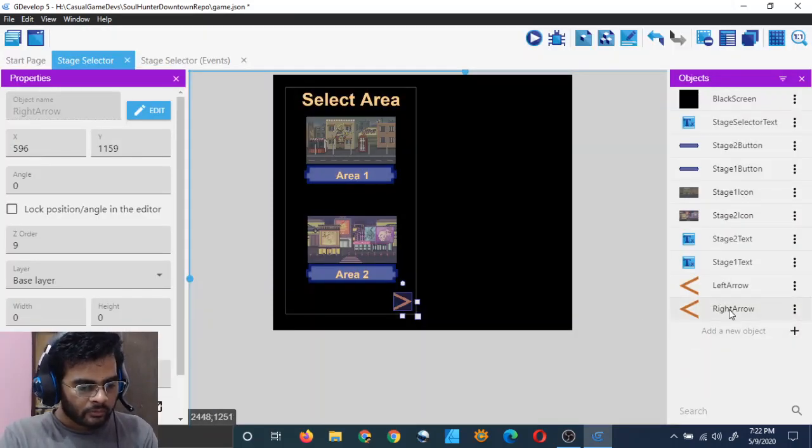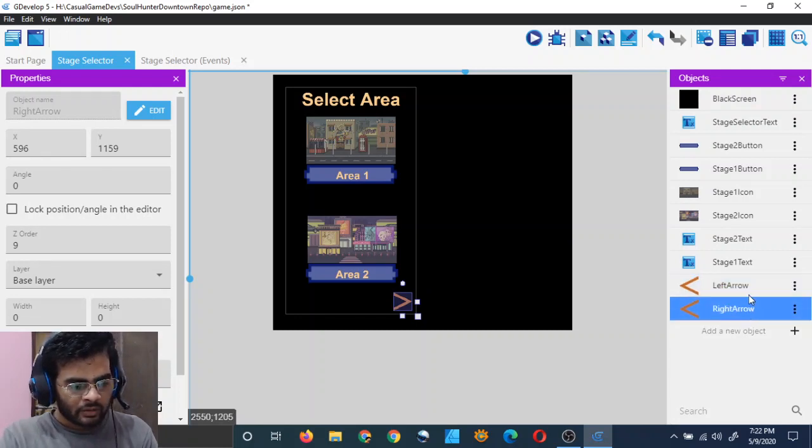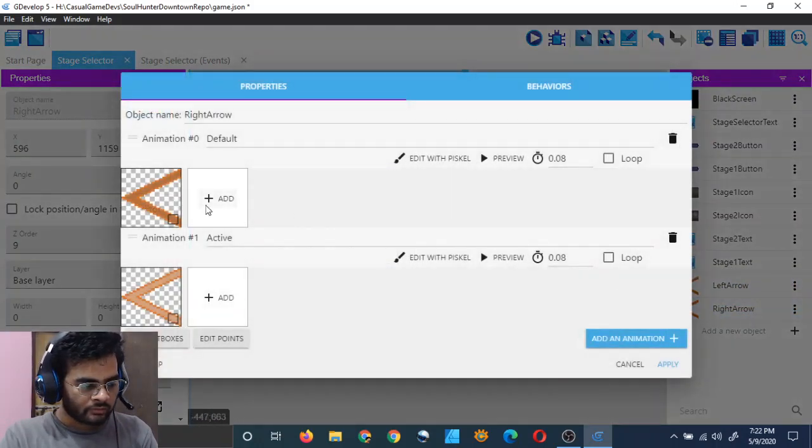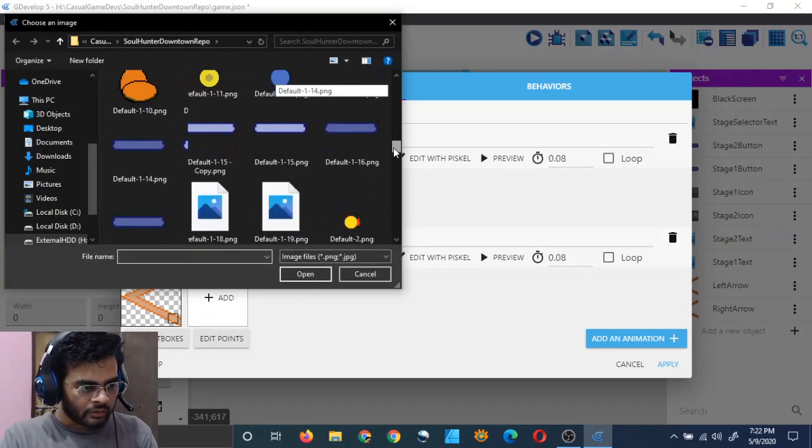Just flip it. Save. But both of them got flipped. What is this craziness? Why did this one also get flipped? So, what should we do? How to fix that? Why did it get flipped?